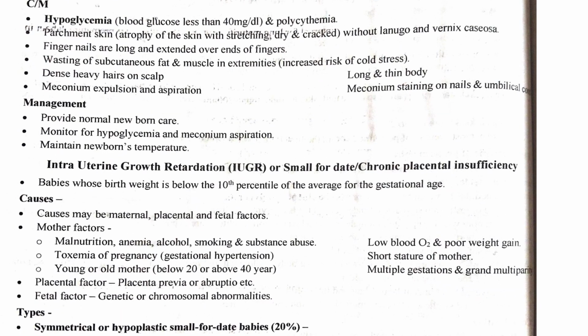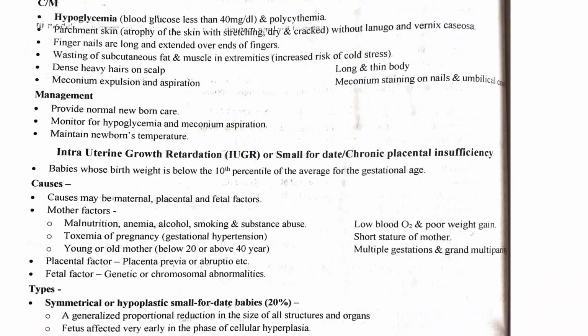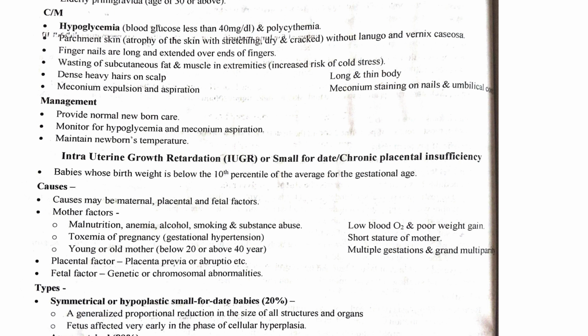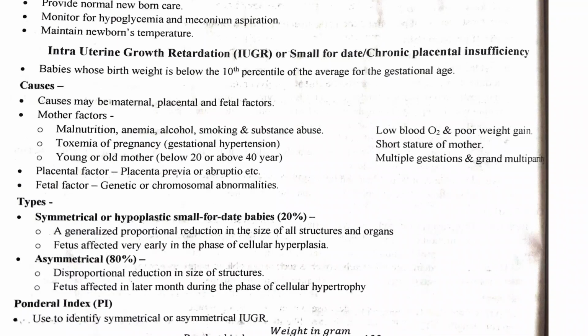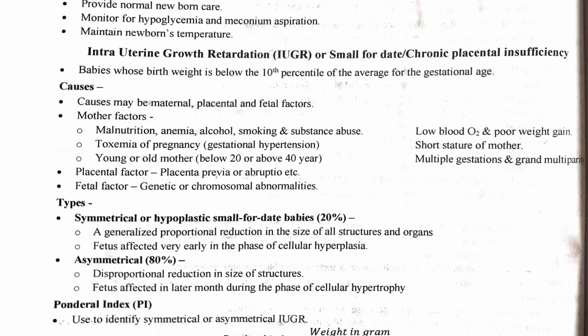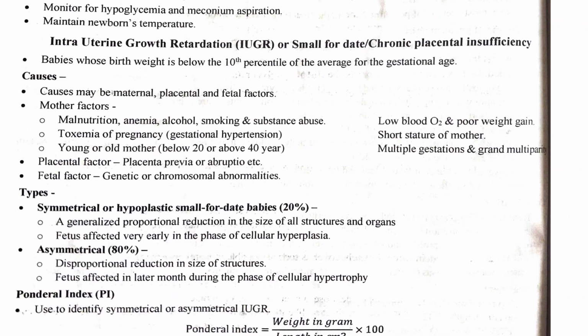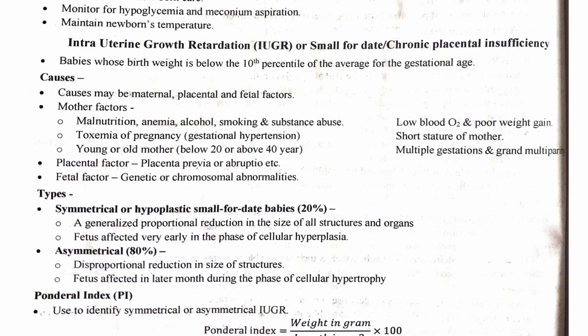Next, intrauterine growth retardation (IUGR), or small for date, or chronic placental insufficiency. Babies whose birth weight is below the 10th percentile of the average for the gestational age. Causes: maternal, placental and fetal factors. Maternal factors: malnutrition, anemia, alcohol, smoking and substance abuse. Toxemia in pregnancy, gestational